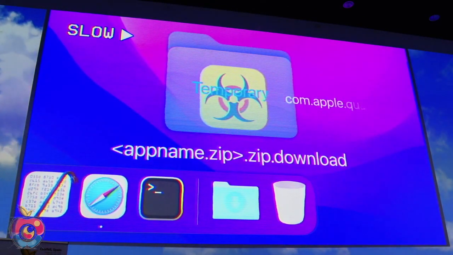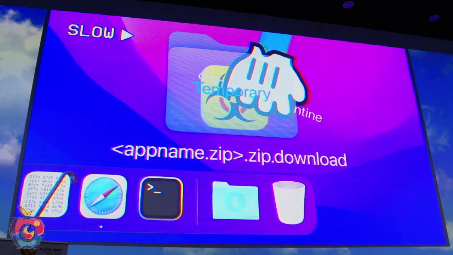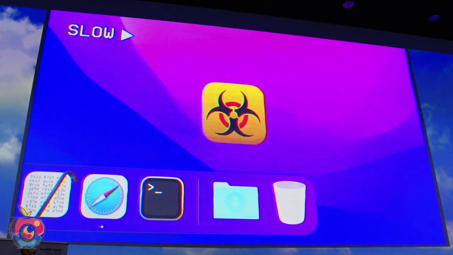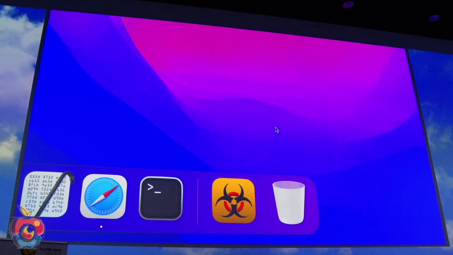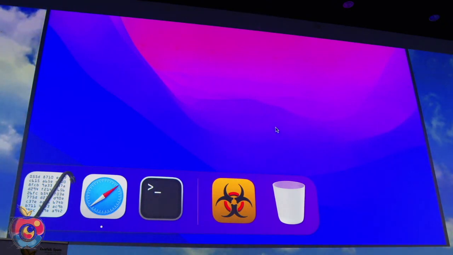The Safari sandbox then takes the quarantine extended attribute and applies it to the newly unzipped application. Finally, the application is renamed from the temp directory to whatever downloads directory the user has in their preferences. So that's everything that happened behind the scenes